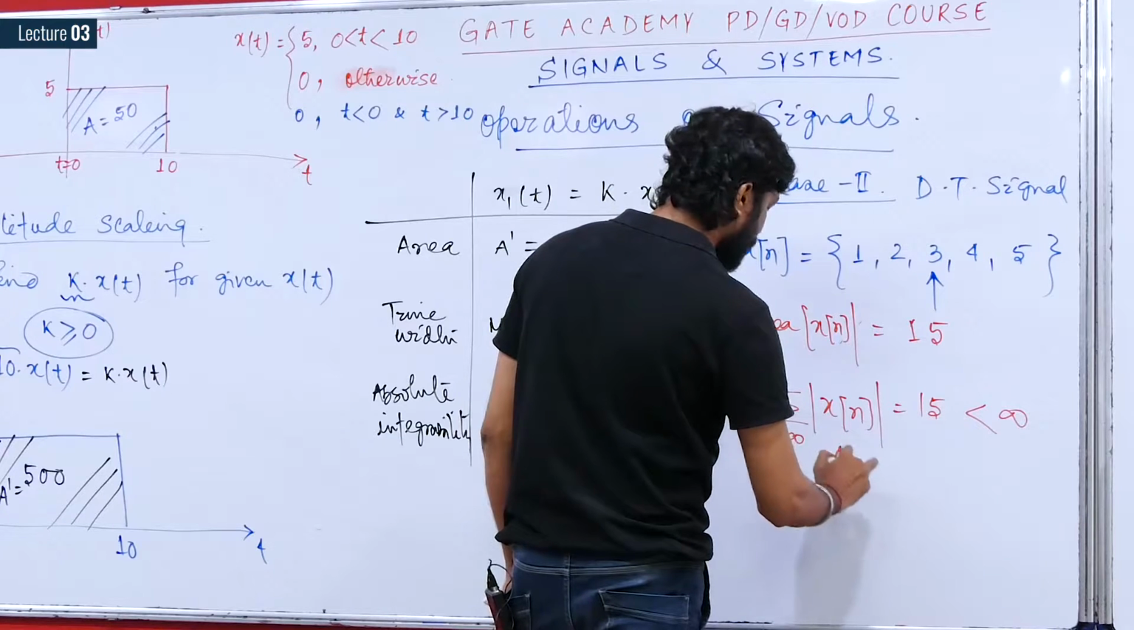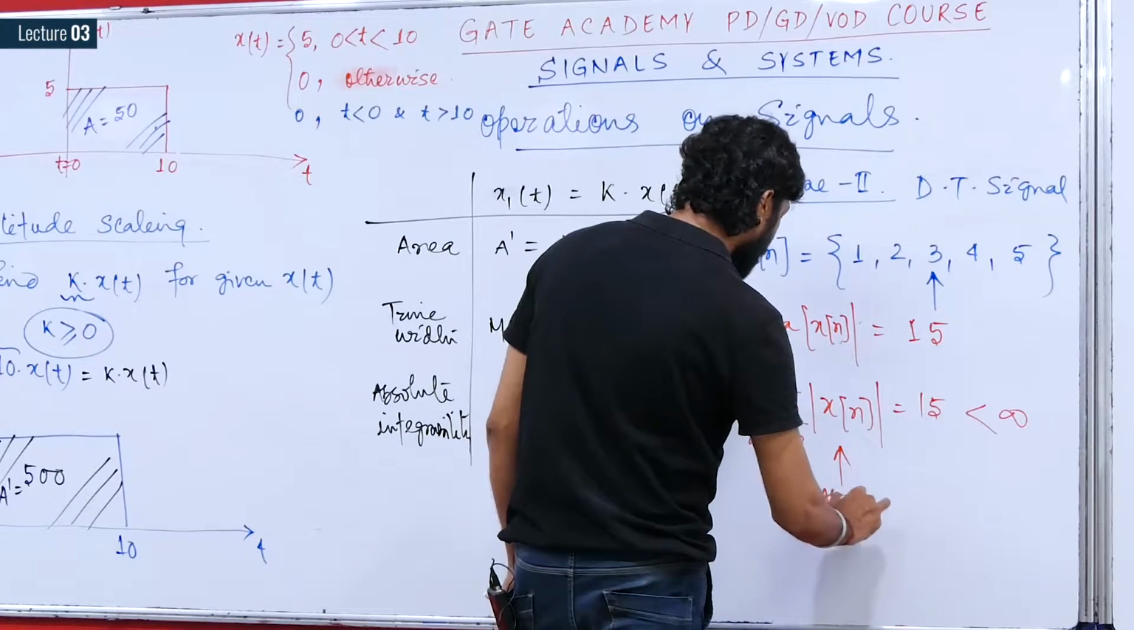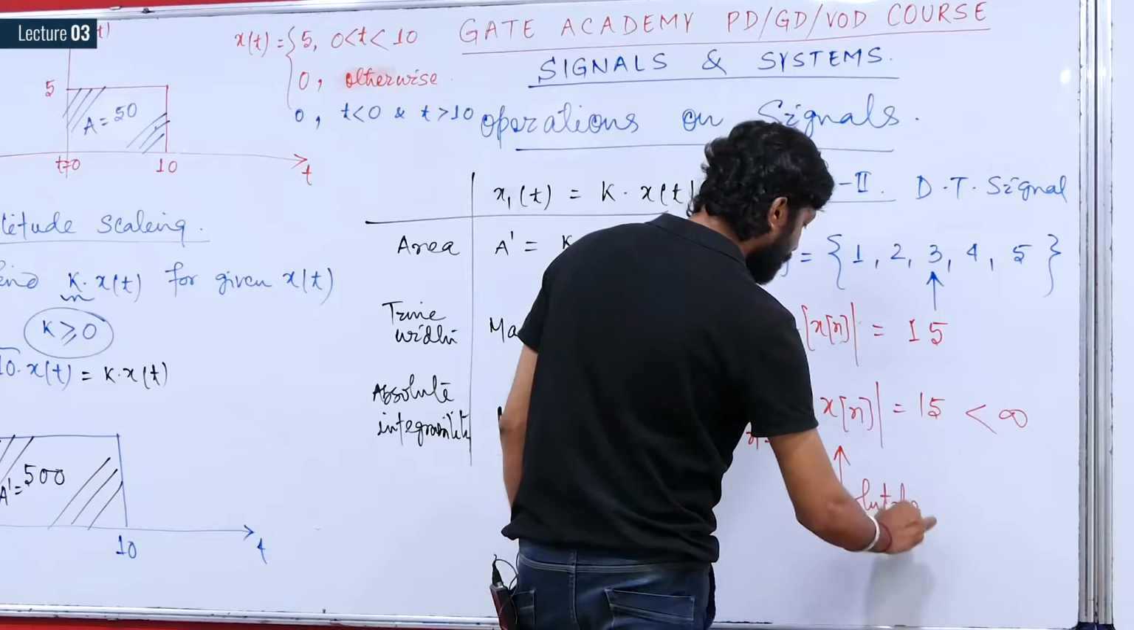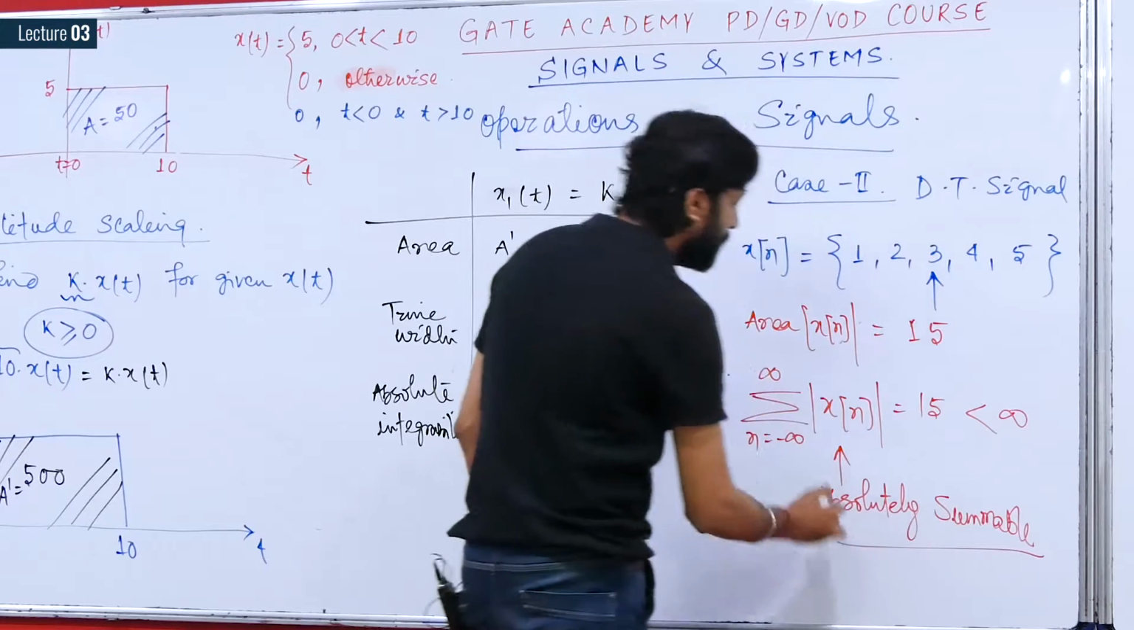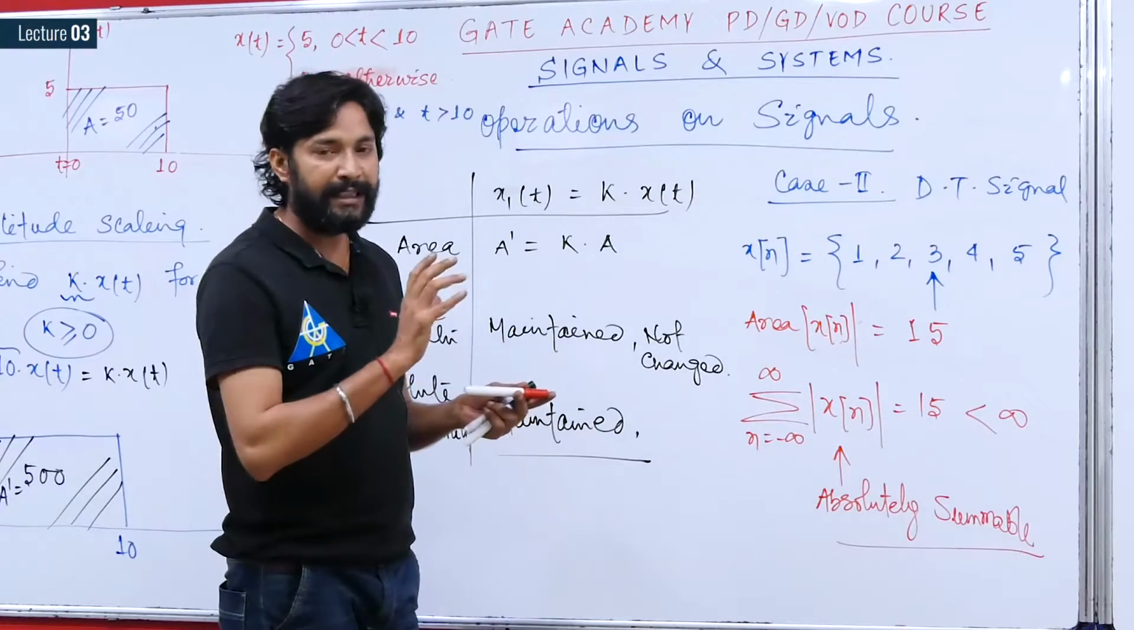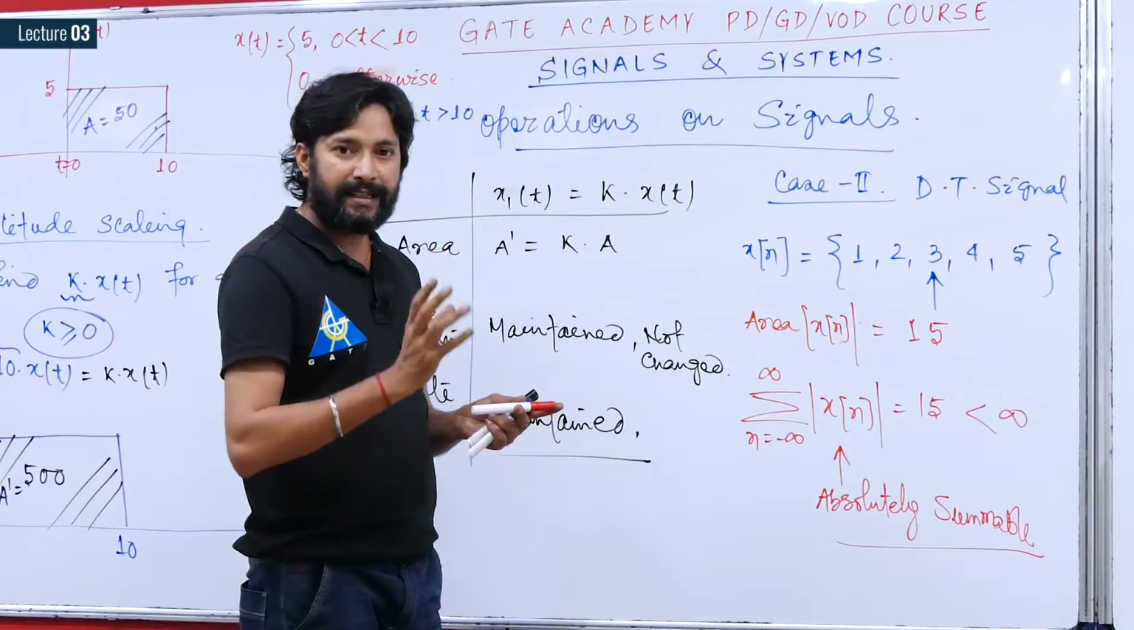Therefore, you can write that this signal x of n is absolutely summable. This signal is absolutely summable. Now, if you have to see the effects of amplitude scaling, then the process will be the same as in the case